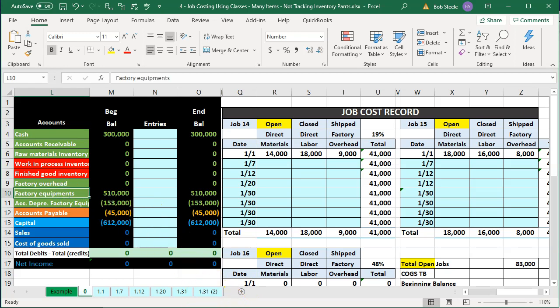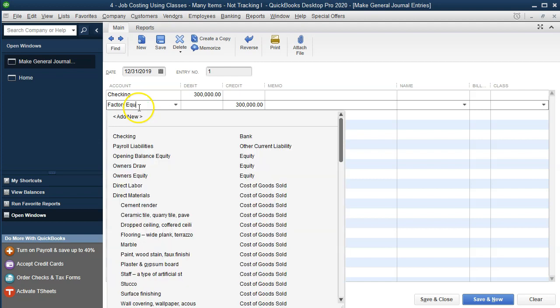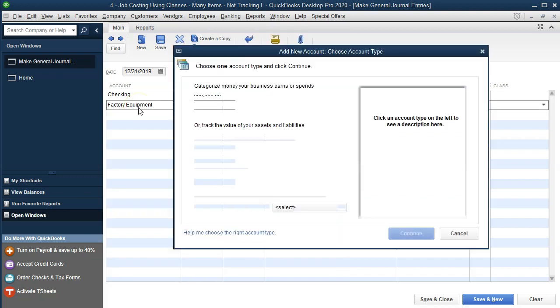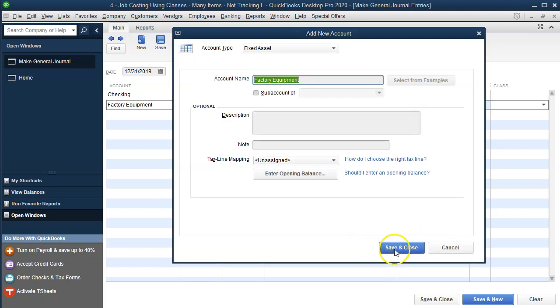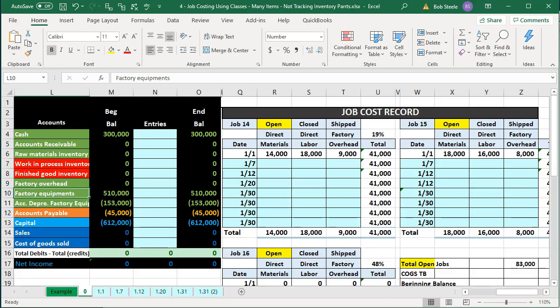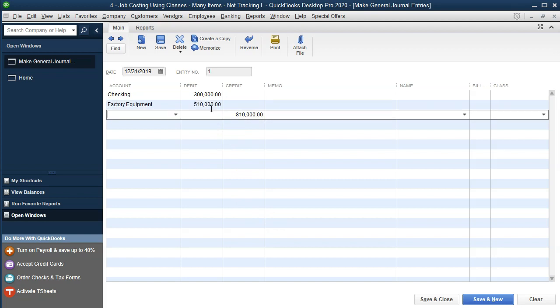We're going to have to add that. So I'm going to type in here factory equipment, and of course you might call it just factory or equipment, whatever you want to call it. And then we're going to say save and new. That's going to be a fixed asset, depreciable asset. Continue and continue. The amount there is going to be 510,000. No need for a class, balance sheet account. The next one is going to be